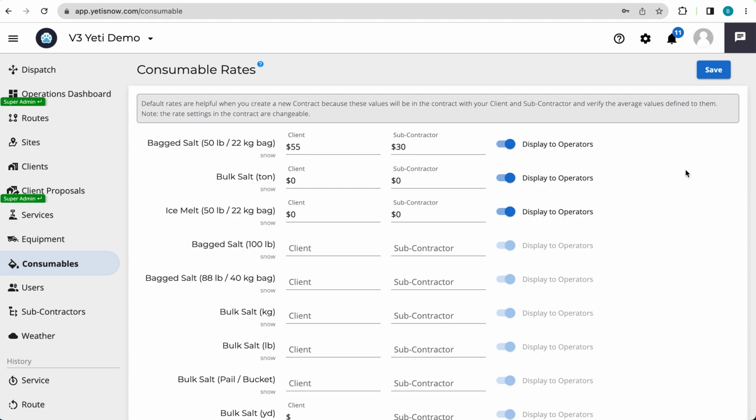Whether you're charging time and materials or not, it's more than likely that at some point you're going to want to track how many bags of salt, how many tons of salt, how many pounds, yards, maybe even gallons of brine you're using per site. To do that, we'll go to the Consumables tab, and now we'll choose which piece that we're going to want